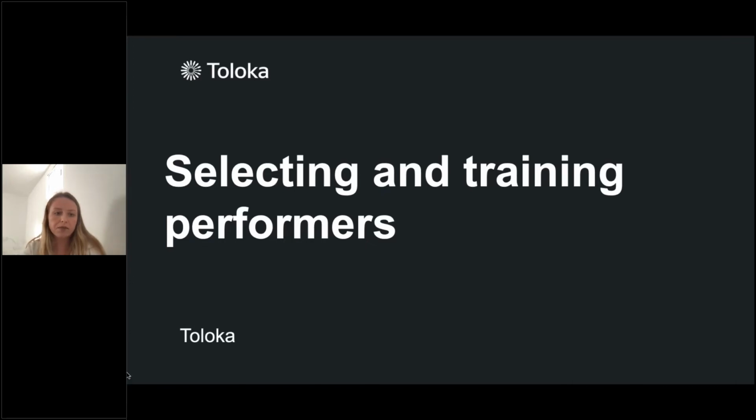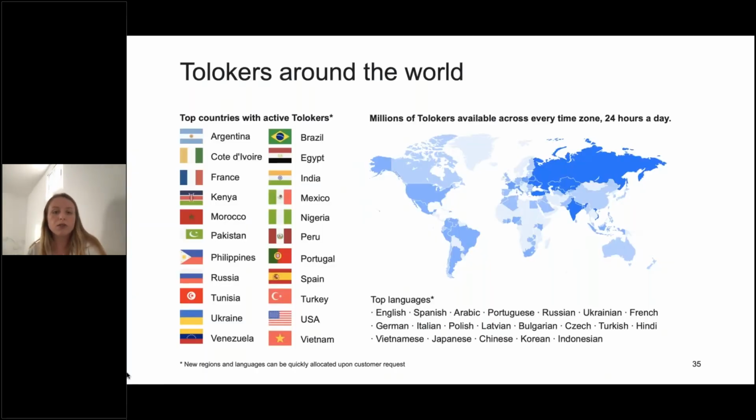And the next section that I would like to talk about is selecting and training performers. So the crowd and crowdsourcing basically give you access to many people around the world, and they are available almost all the time. But what happens is they speak different languages, they come from different cultures, and you actually should focus on selecting good performers for your project. This is actually a picture of the crowd that we have at Toloka,